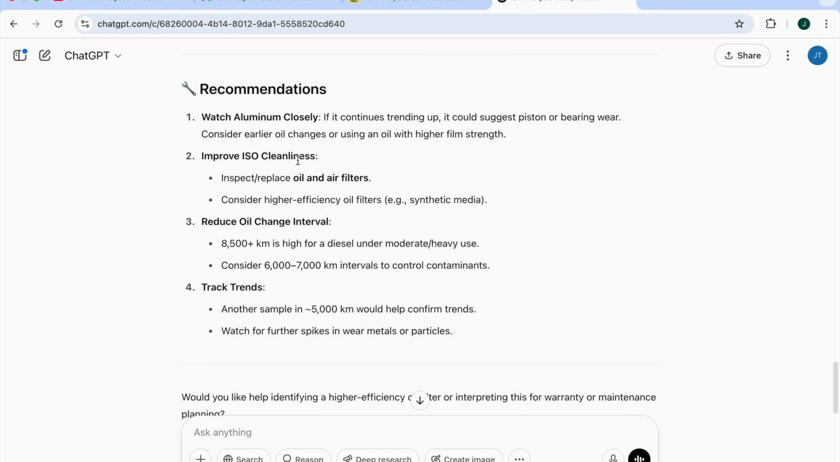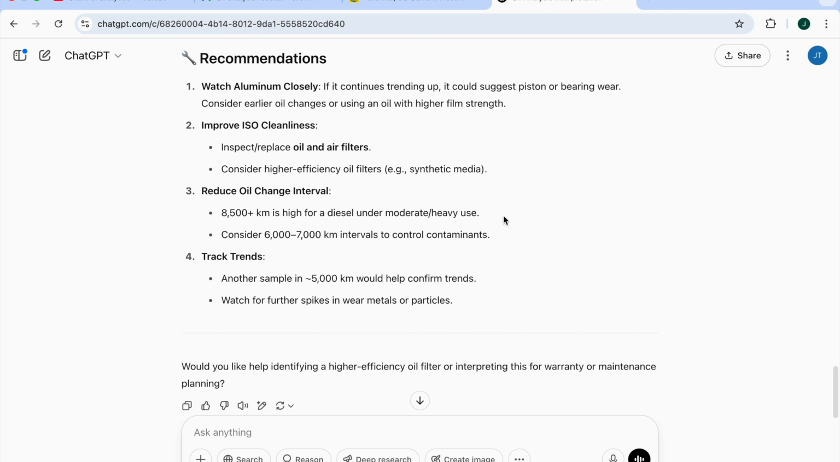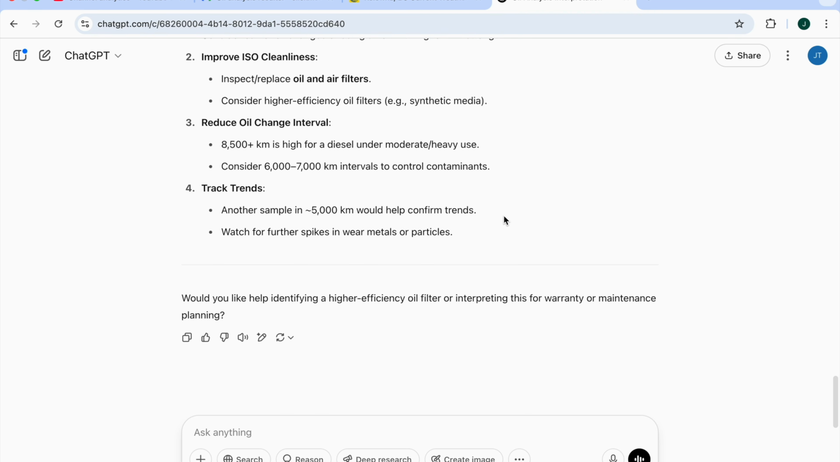Improve ISO cleanliness. Inspect or replace oil and air filters. Consider high efficiency oil filters. Okay, I've got good Wix filters that I use for there. You could reduce the oil change interval, which will also clean it up. So it's asking me a question: would you help identifying a higher efficiency oil filter, interpreting this for warranty? I'm going to say, or ask it,